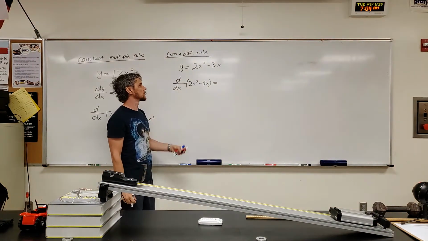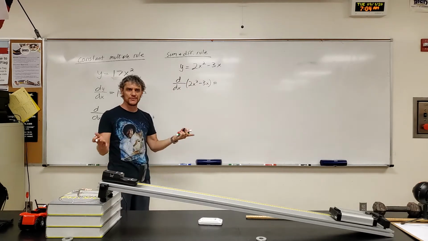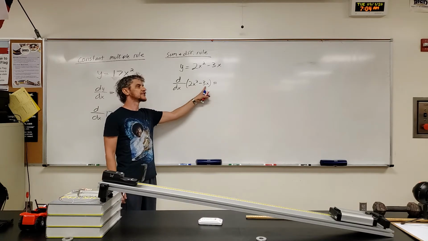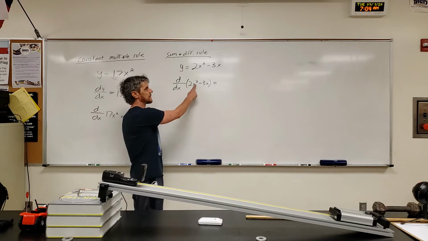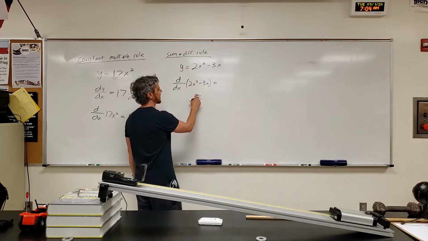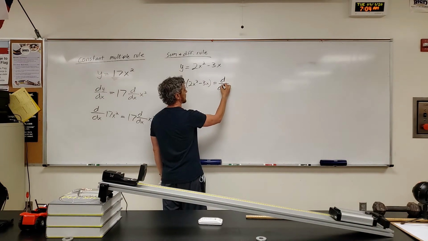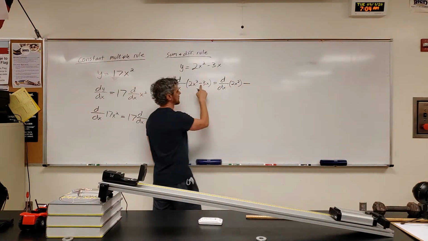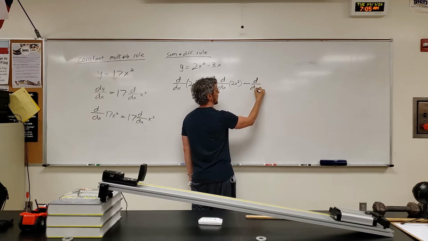The sum and difference rule means that if I have a sum or difference, a plus or a minus between the terms, then I can differentiate each term individually and then put them together and keep the appropriate symbol. So in this case, this derivative would be the same as the derivative with respect to x of my function 2x squared, minus, that minus goes here, the derivative with respect to x of